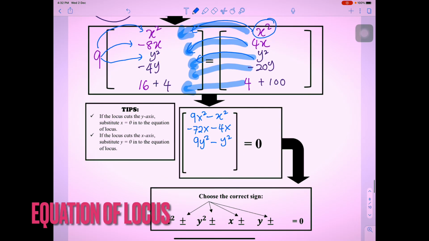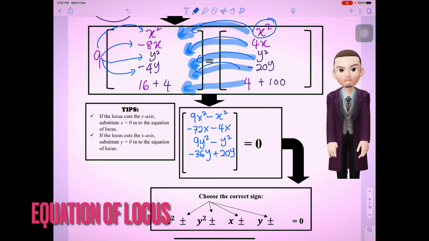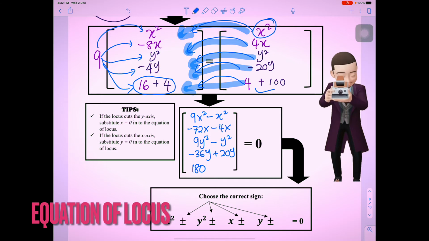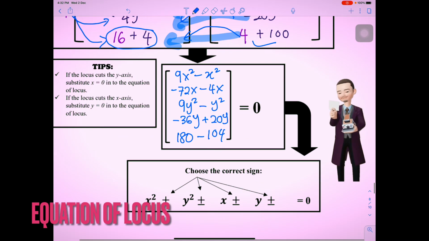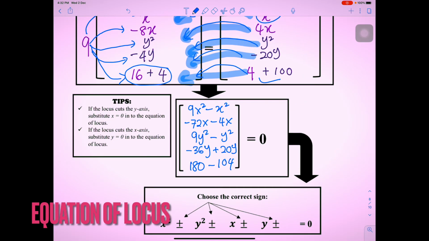Okay, and then the fourth one is 9 times negative y, so it becomes negative 36y, and bring negative 20y to the left hand side, it becomes plus 20y. And then, don't forget, 16 plus 4 equals 20, times 9, so it becomes 180. And then 104 brought to the left hand side: minus 104 equals 0. This is how you move each term from left to right, from right to left,